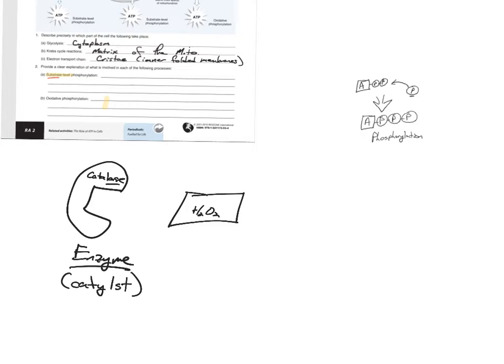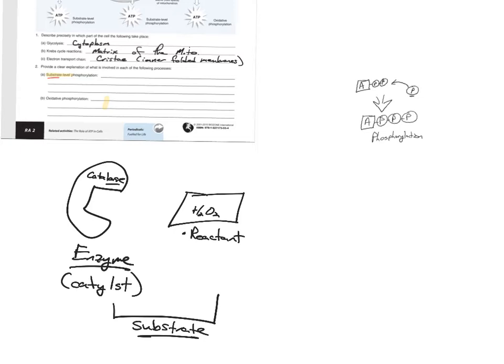If this is an enzyme, what is this thing? You can call it a bunch of different things. You can call this the reactant, as part of the chemical reaction. But when you're connecting it to an enzyme, we call it a substrate. The substrate is the thing that the enzyme is acting upon.